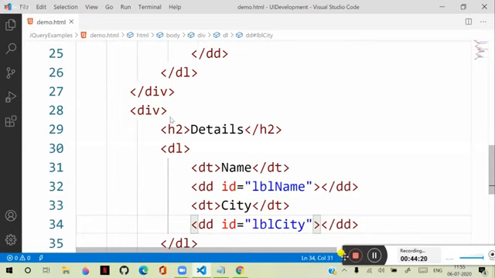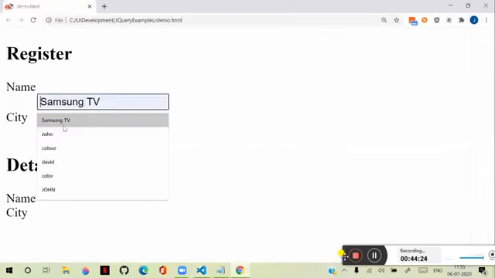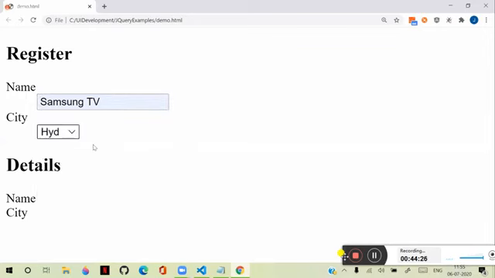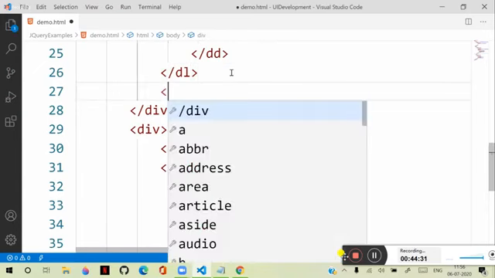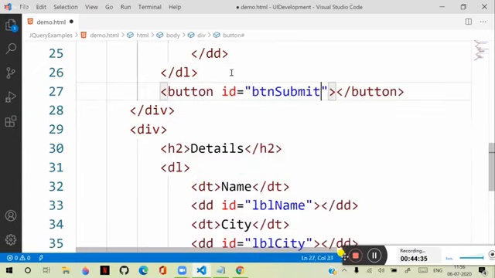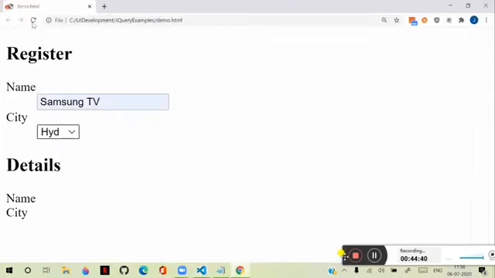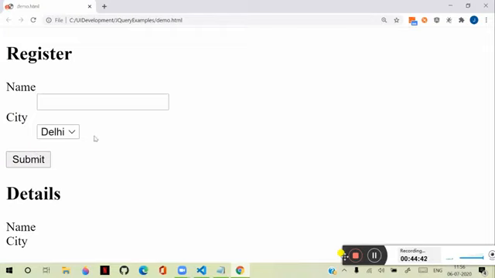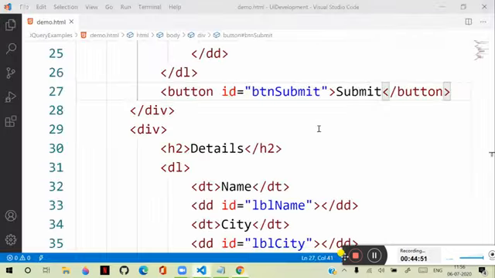Here we are having it like this. Now the user will enter the name. He will select the city. After that, he will click the button. That means here I will keep a button with button ID btn submit and text submit. And when submit is clicked, I need to collect those details and display them below. Earlier, we had to write a lot of logic for that, get element by IDs and all. Now see,